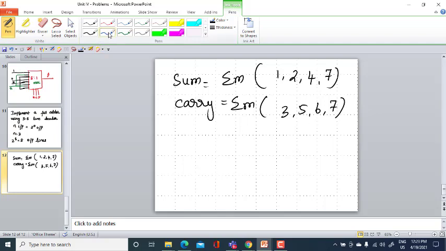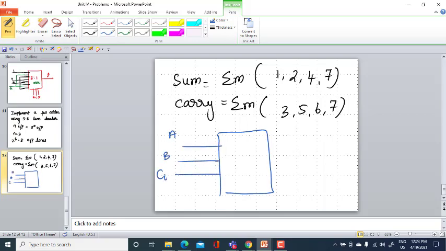So 3 inputs we have in the decoder, A, B, C, and it is 3 to 8, so 8 outputs we have, 0, 1, 2, 3, 4, 5, 6, 7.